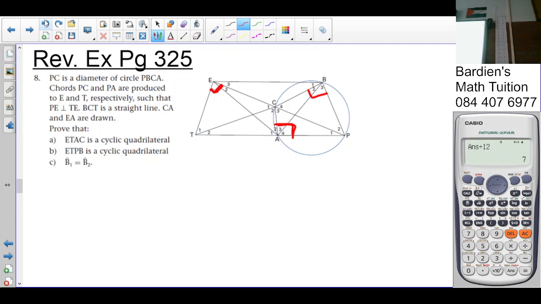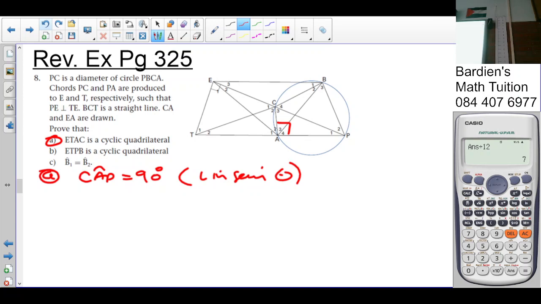Okay, so let's go. Firstly, we take out the Mickey Mouse that we're busy with. Make the relationship official. CAP is equal to 90 degrees. Why? Angle in semicircle. Now everybody knows about it. Now what do we say? Since it's a proven fact that CAP is equal to TEP, equal to 90,